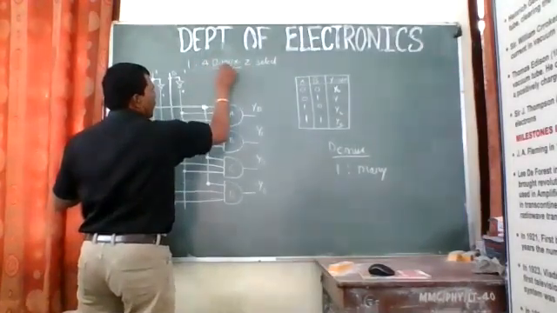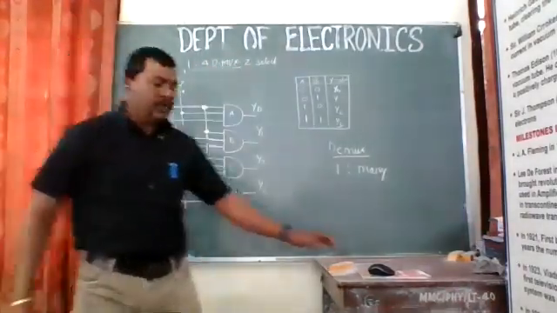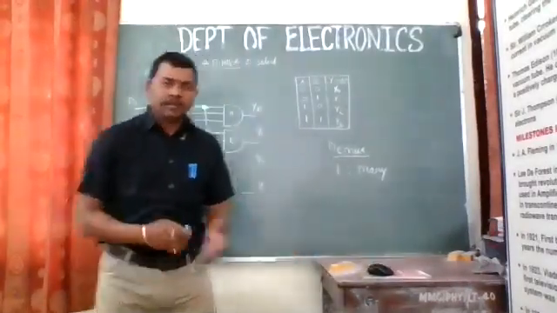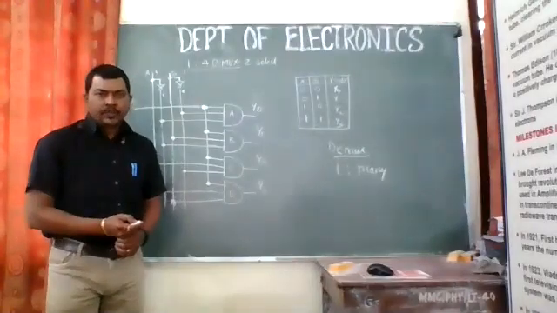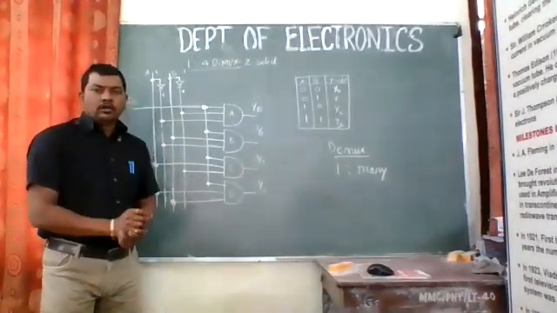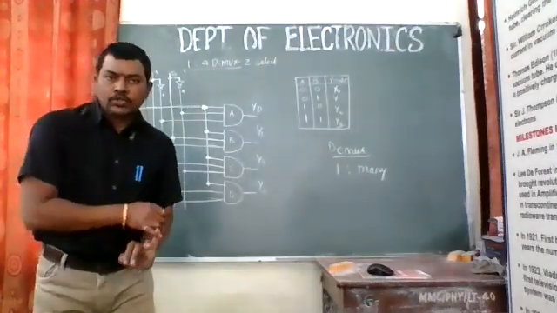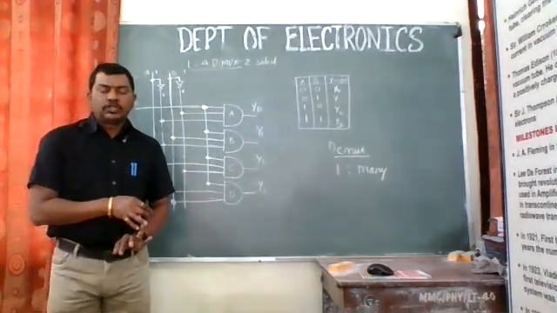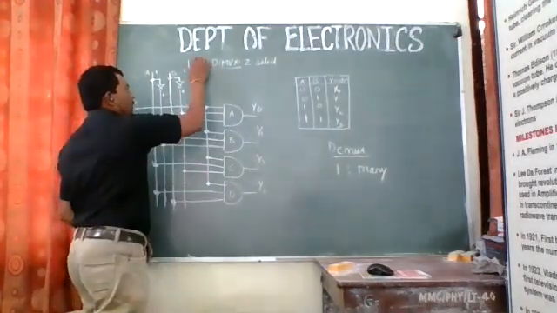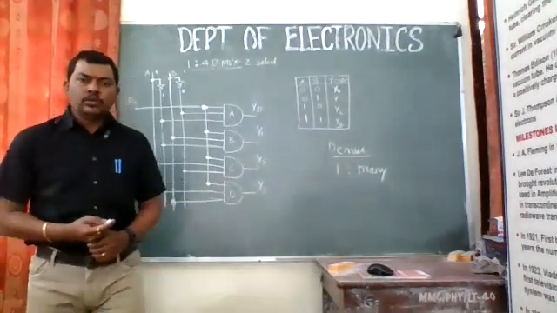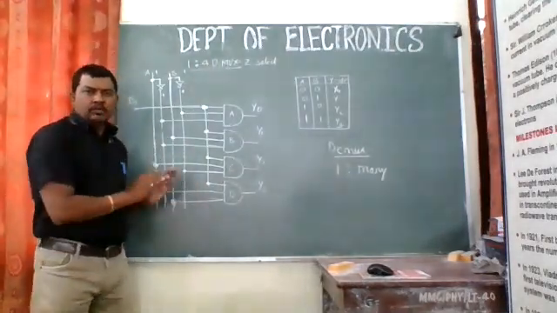DMUX, MUX. Now again it is having two select lines, and it is the simplest one that we can have, right? So I guess you have understood how to draw a mux, that is 4:1 mux, and 1:4 dmux, right? So 1:4 dmux and 4:1 mux. Have you understood? This is the simplest thing that we can draw.